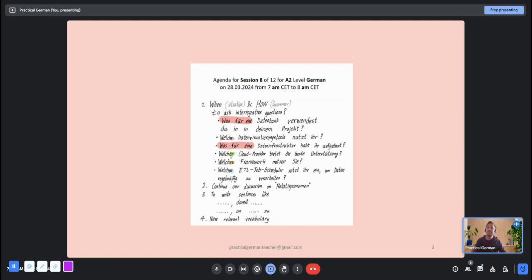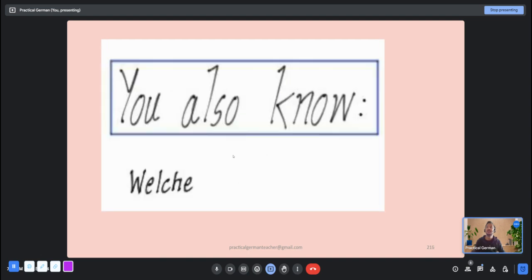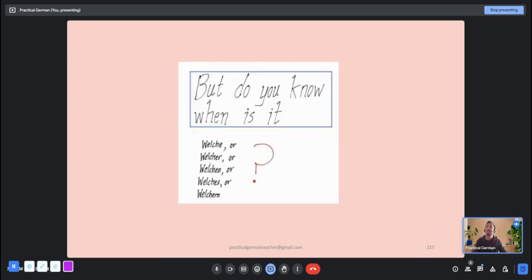I am purposefully emphasizing the R sound because I want you to know that it's welcher. But when I'm reading, there will be no difference between welche and welcher. I will say both as welcher, because at least my teacher taught me that whenever a word in German ends with R, you don't pronounce it. You just leave it, or you say a.